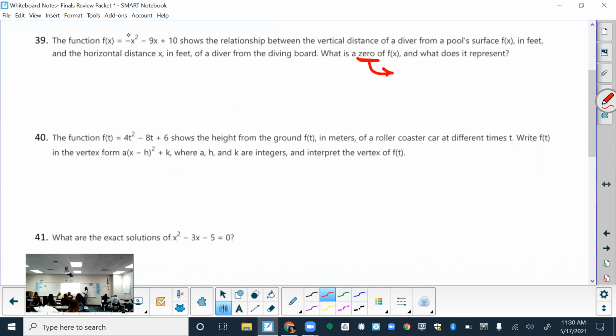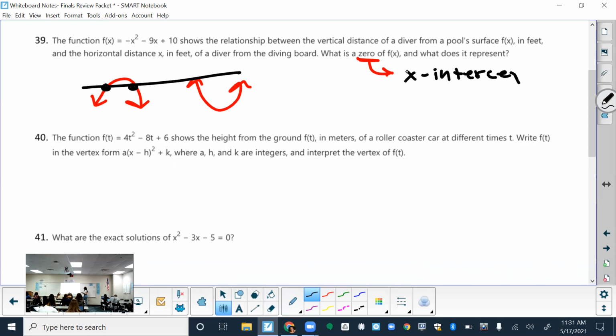So here's a hint. This is a quadratic function, right? The graph looks like this or like this. We said that solutions to them, it's where they touch what axis. So if you want to remember them as x-intercepts, maybe that'll be the most helpful since it tells you where it crosses the x-axis. But other names for them are roots, solutions, zeros. All right, they might use any one of these names on your test. You have to be familiar with all of them.